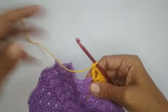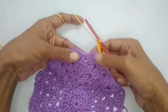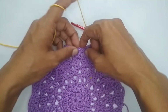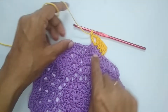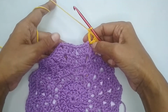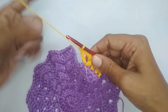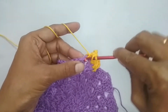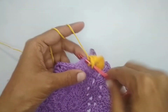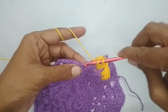Next, as with every other stitch, if you see here we have 4 plus 4, 8 sets. We will skip the middle 2 sets, the inverted V or the 2 double crochet which are together. We'll skip that, and in all the remaining double crochets, we'll put 1 double crochet each. So we have 8 double crochets. We'll skip these 2, so we'll have a total of 6 double crochet. We'll come to the first stitch, make a double crochet. In the next stitch also make a double crochet. 1 more double crochet in the next stitch,